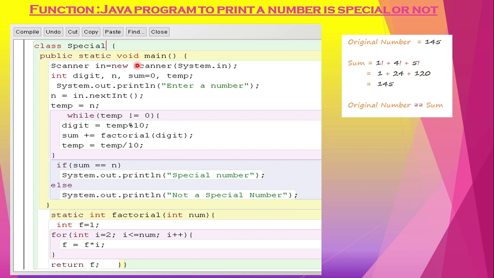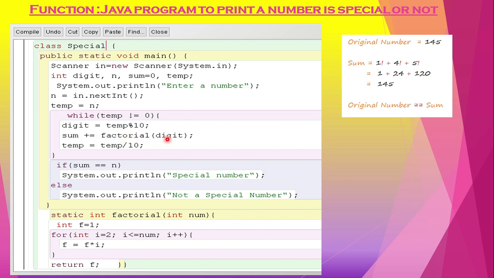Our program will execute from here. This is done with the scanner class. So I am entering a number and reading it, and its copy is stored in a temp variable. Running a while loop, this extracts its last digit, and sum is equal to sum plus factorial of digit.